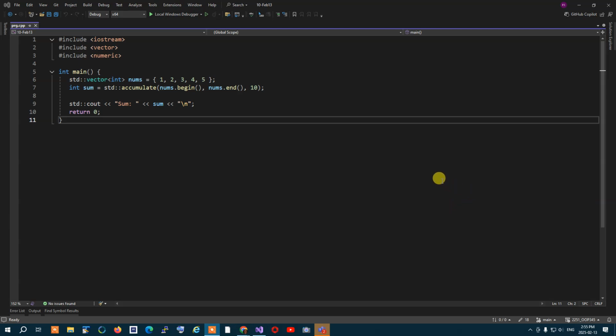It's not just that I want to accumulate, but I want the accumulation to be done in a specific way. So I want a specific type of logic to be applied to items of a container. To do that, what we need to do is